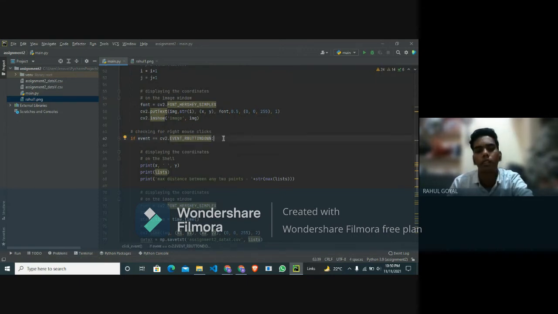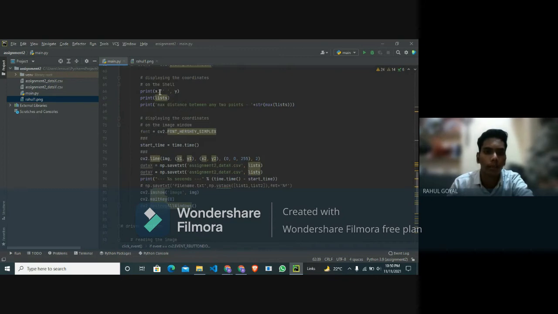if the right button is pressed down, then display the coordinate on the shell. Then the x and y coordinate are displayed on the shell, and print the list. Then the whole list is printed, where the list stores all the distances, and for the maximum, print the maximum distance between any 2 points.